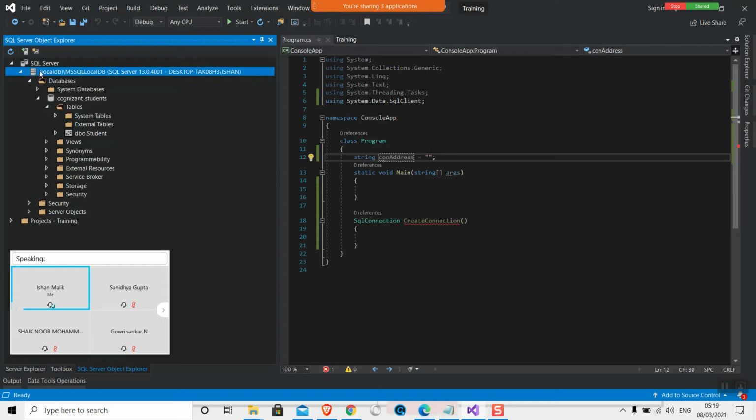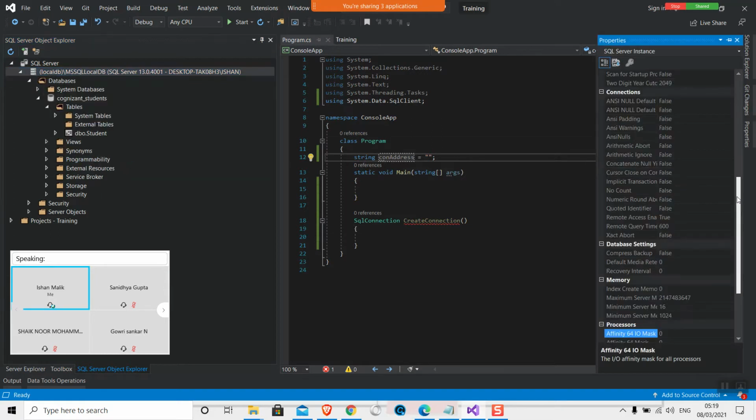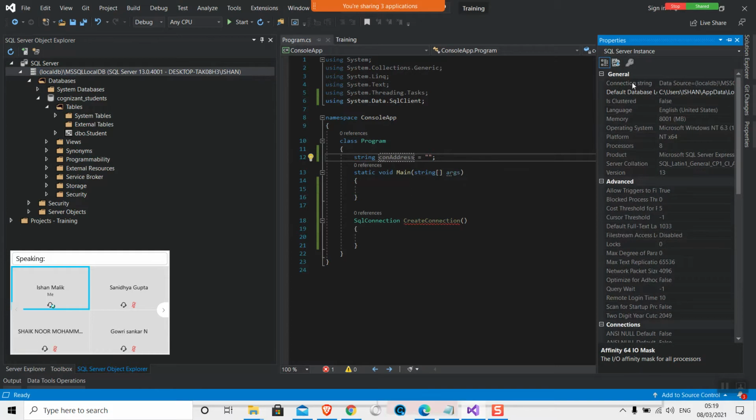Go to the properties, and then the very first property you will find is the connection string. Your database is located at this location, but the connection string is what you use to connect to your data. If this is missing, no matter what you have done, you will not be able to connect to your database. So this connection string is so important.